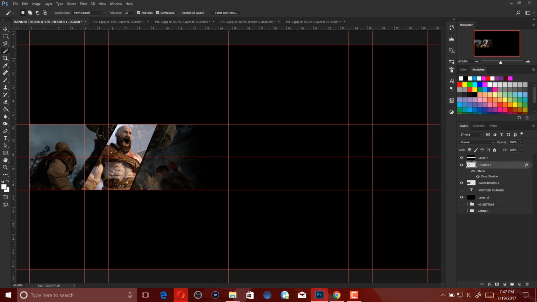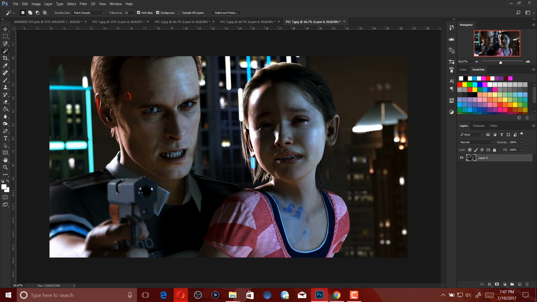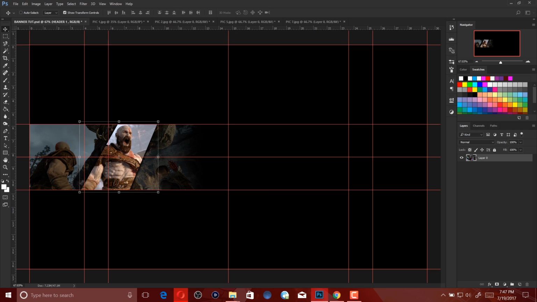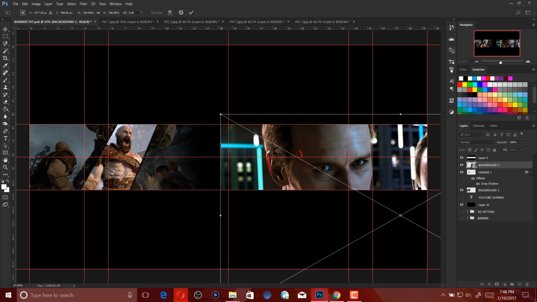Now, you want to do the same exact thing of all the stuff that I went over, the exact same thing for the next pictures, which will be going to Detroit Become Human. Now, we want to place the background. In the background, I'm going to go through this pretty much really fast, and you want to call this one background 2, and you want to convert it to a smart object, and you want to hold shift, resize,